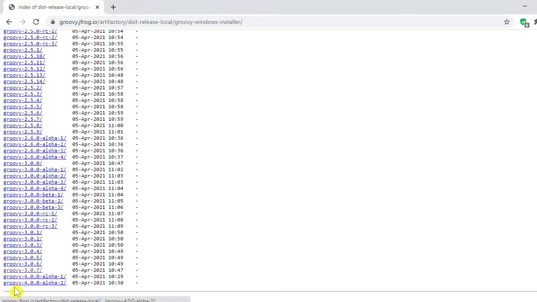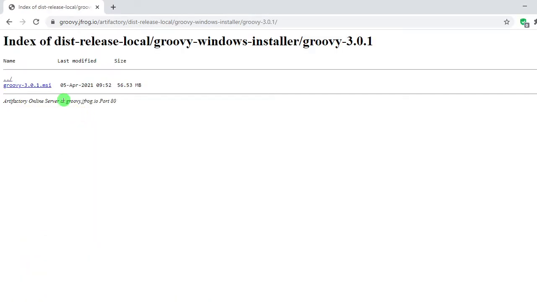I think the current version is 4.0.0 alpha. So never go for alpha, beta, and RC versions. They are not stable versions. So let's pick the 3.0.1 version.